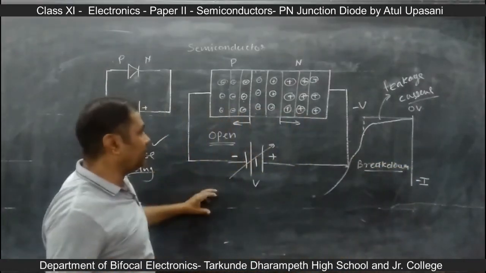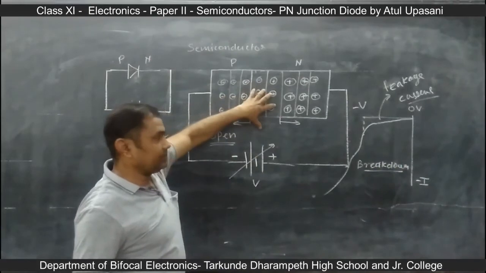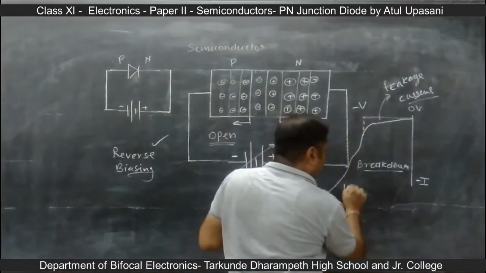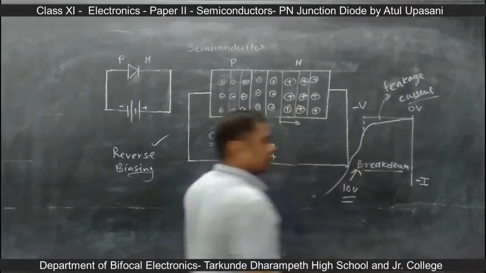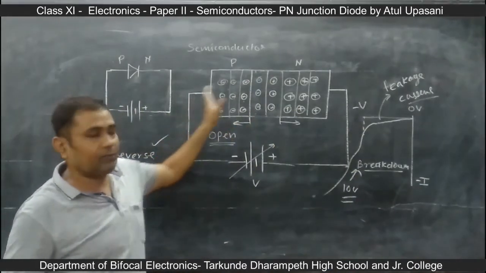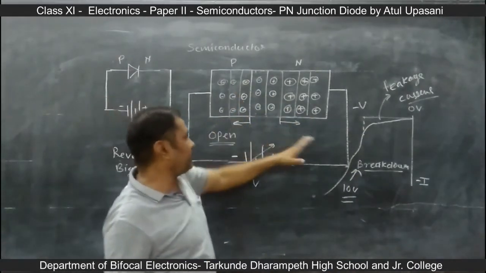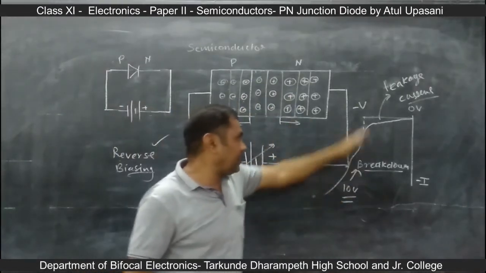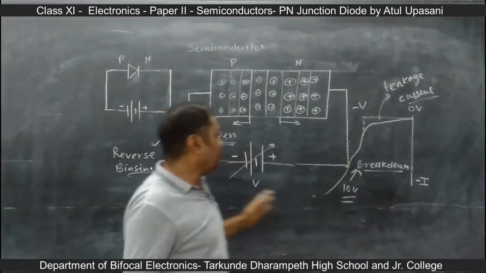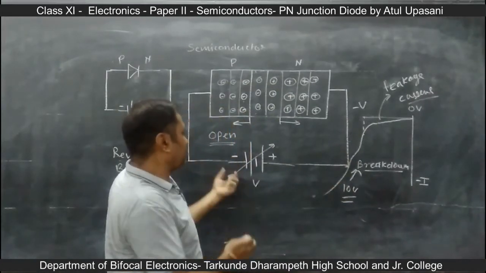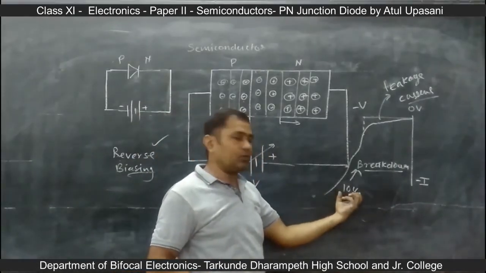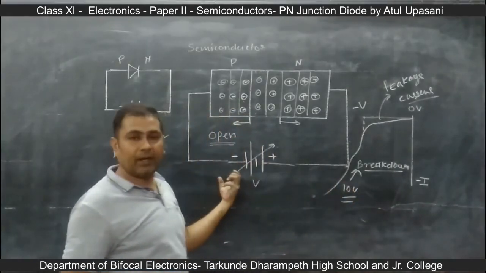Or we can say that the maximum voltage which is applied to this, suppose this is happening at 10 volt. What is happening? All the physical area is occupied by the formation of ions, and after that, suppose breakdown is there and current will start conducting. So this voltage is called the breakdown voltage. So the maximum possible voltage permissible in reverse biasing is only 10 volt. So after 10 volt there will be a breakdown.